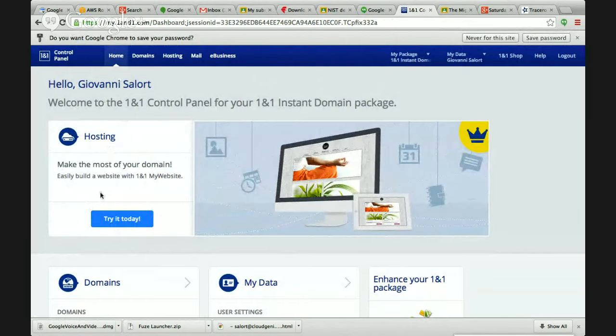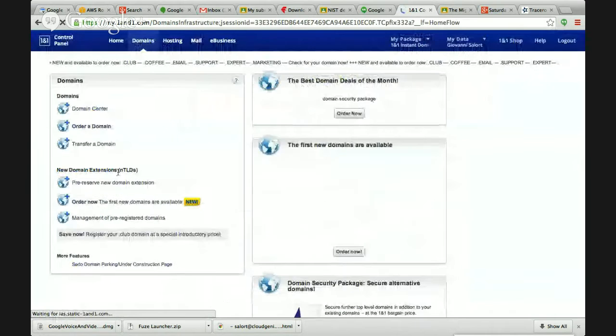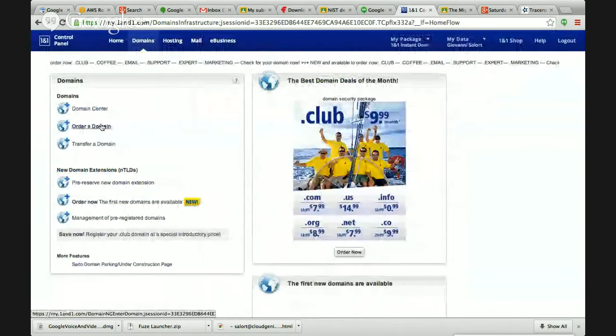Got it. Go to the domains section. No hosting. We do not want any hosting whatsoever. They will try to sell us hosting. We don't want any hosting. Domain center? It's just the domain name which we already have. So we want to get the domain name, click on that name, and then go to the domain center.